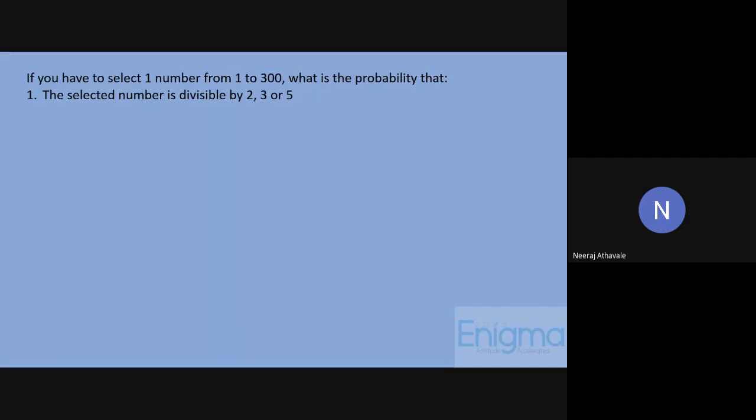Okay. So by the time everyone comes, just solve this question, which is visible to you. So today's topic is data interpretation. But before we start with that topic, try and solve this question. This question can be solved by using a Venn diagram.